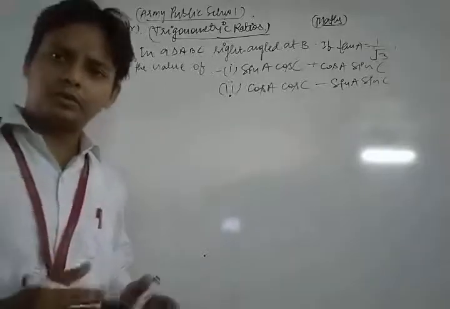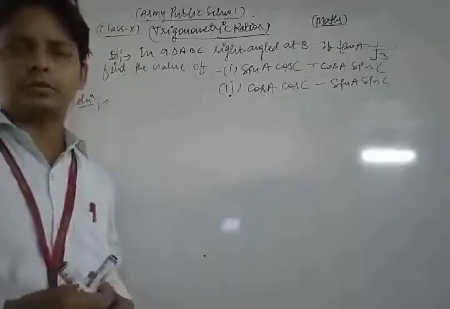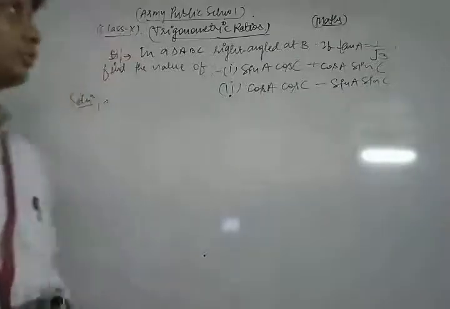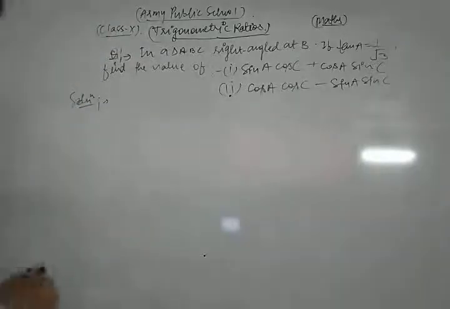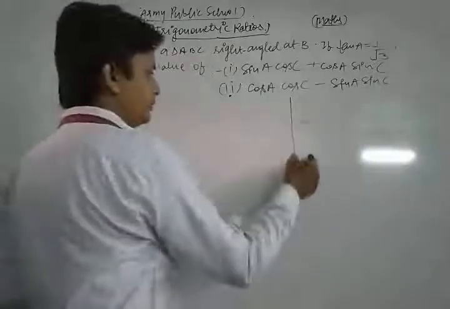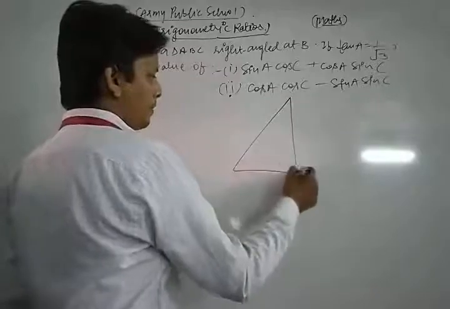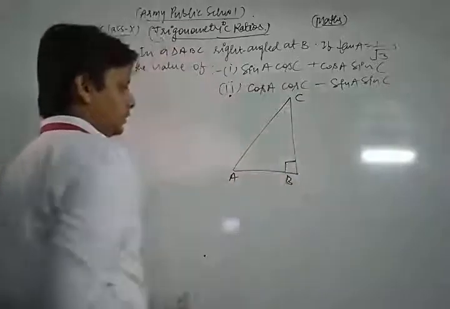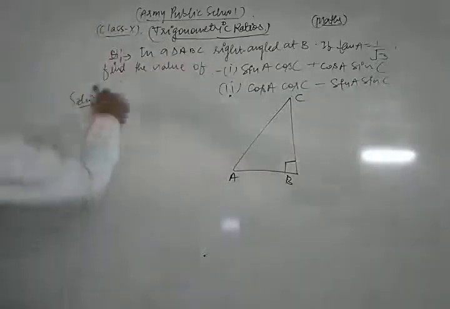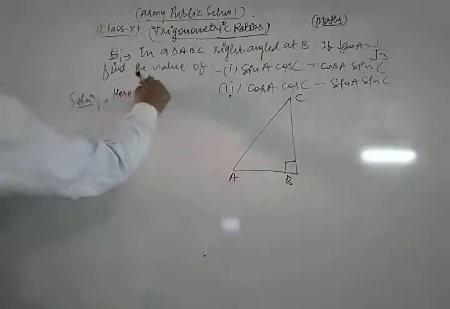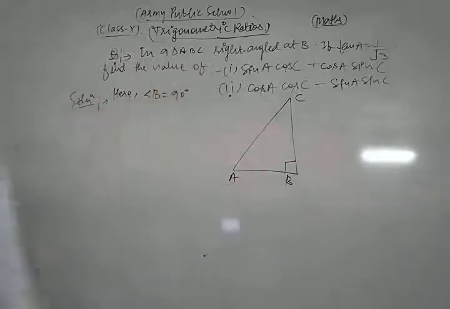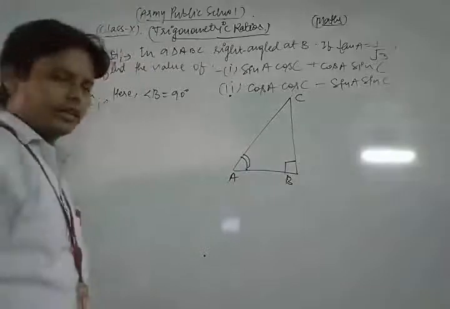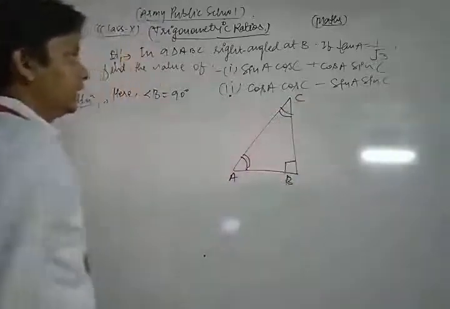This is a very important question related to your syllabus, so please, dear students, concentrate on this question. First of all, we draw a right angle triangle, right angled at B. This angle B is 90 degrees. So first of all, we measure the angle A as well as the angle C, and it is also given that